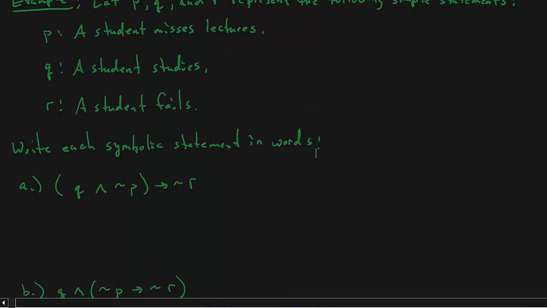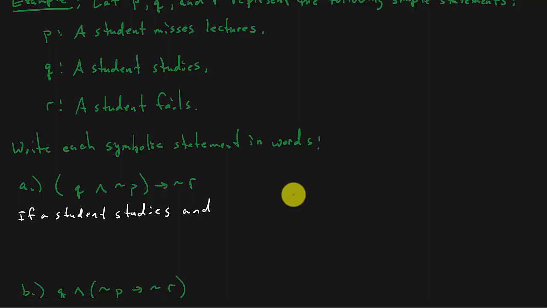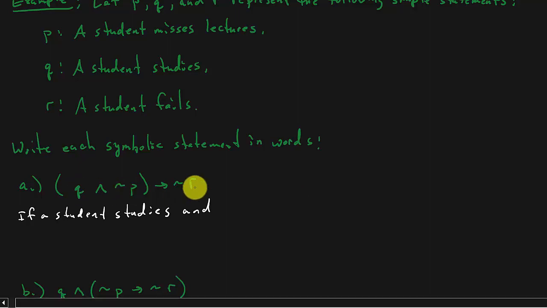We've got Q and not P. So there's Q: if a student studies, and, I'm just writing out what this is saying. That's all I'm doing. Then I'll go back and see if there's a way we can simplify the statement. So first, just write out what you've got. So if a student studies and